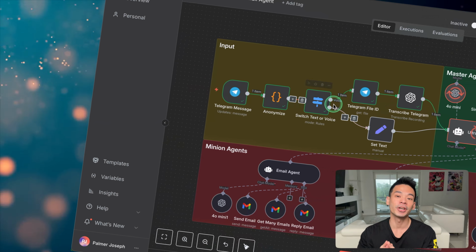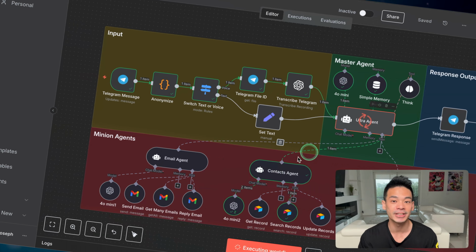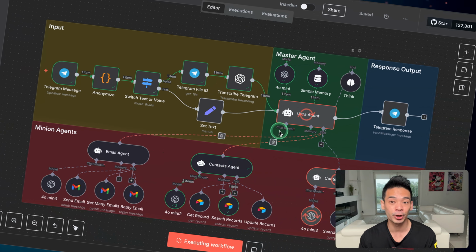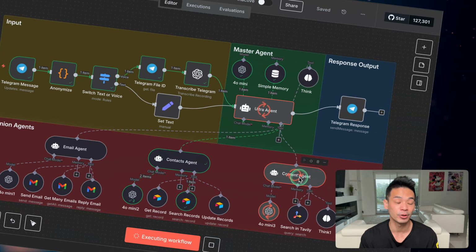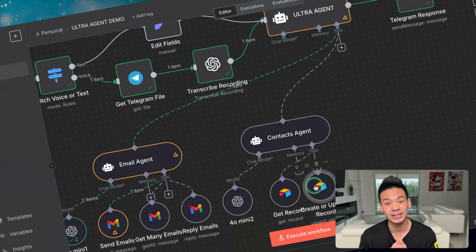In this video, I'm going to walk you through step by step, node per node, how you can create your very first AI agent with n8n, and to show you how incredibly easy it is to build this out for you in literally like less than half an hour. So if you stick around with me to the end of the video,